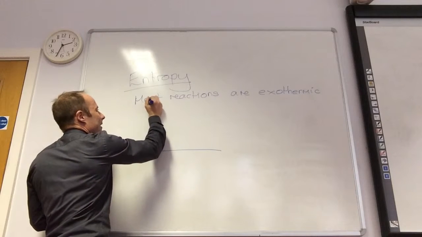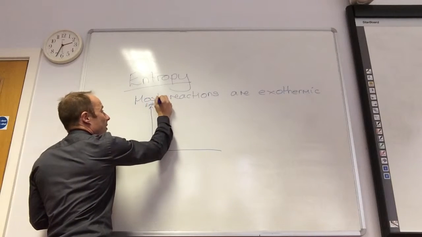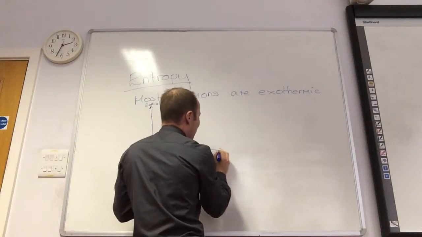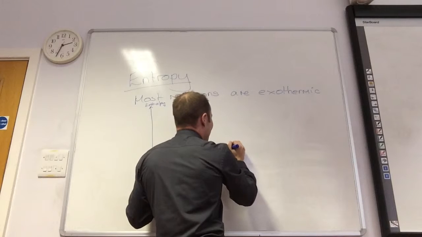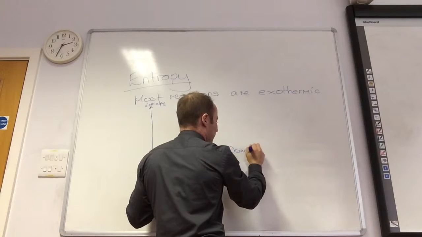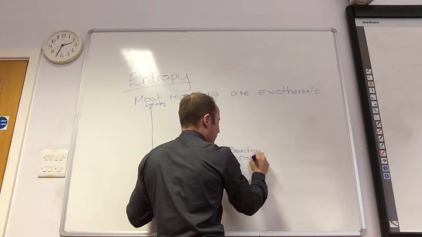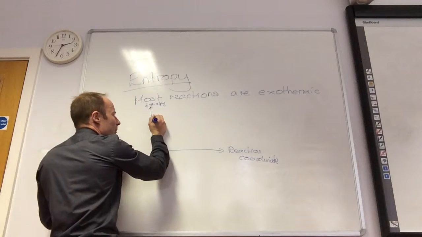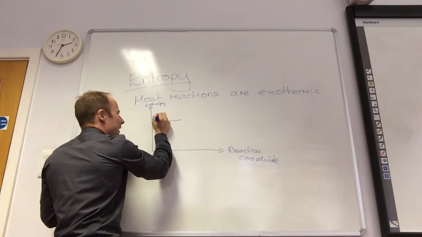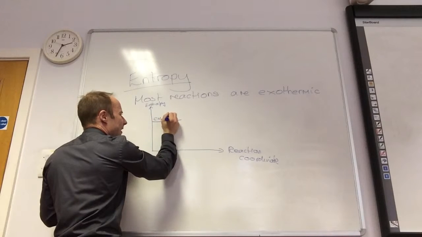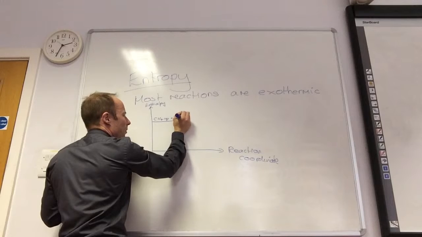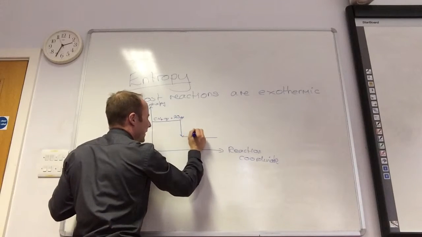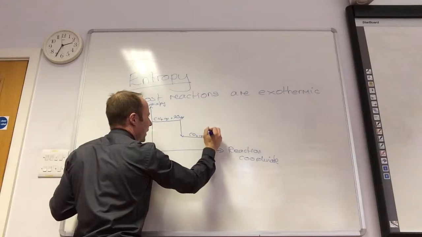we've been doing since GCSE in many ways. If we plot enthalpy along that, and then we've got reaction coordinate going along there, we would say let's do the burning of methane. Methane CH4 as a gas plus 2O2 as a gas, exothermic reaction to give me CO2 gas plus